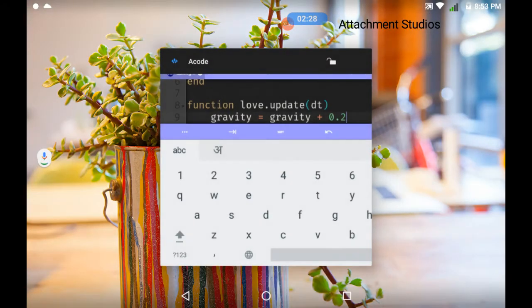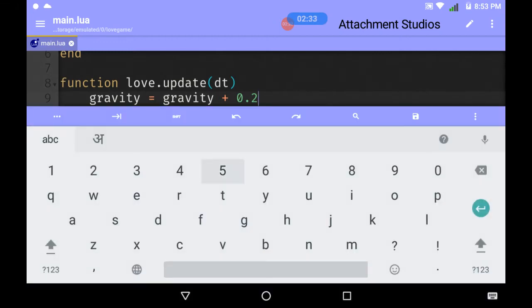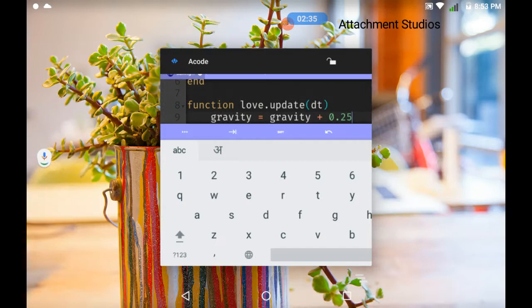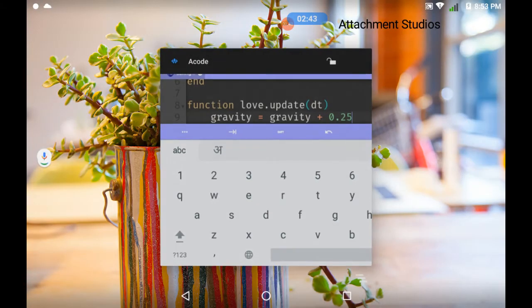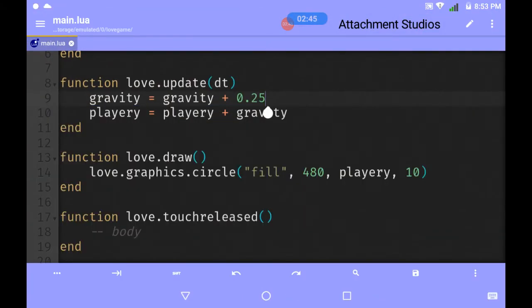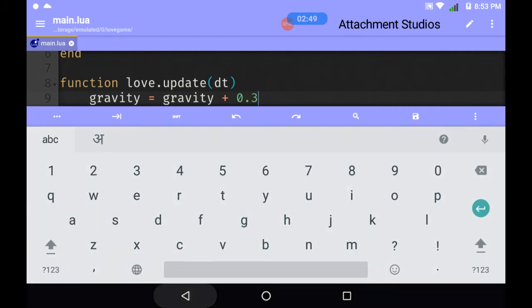I will not waste time in fixing the gravity. Okay, 2.5, last try. Then if it's very fast, then 0.225, and if too slow, then obviously 3 might be better.